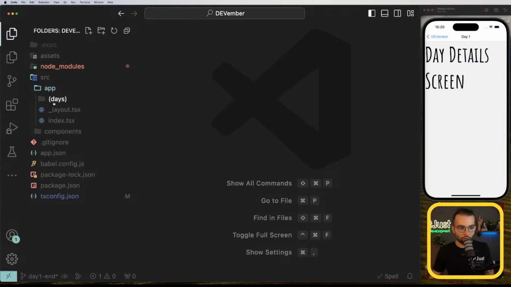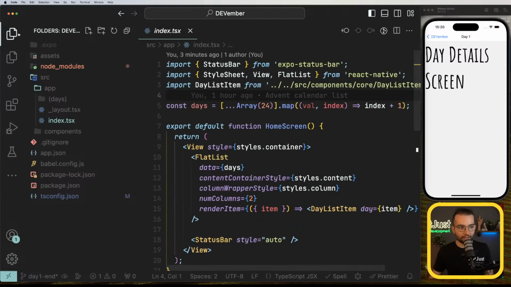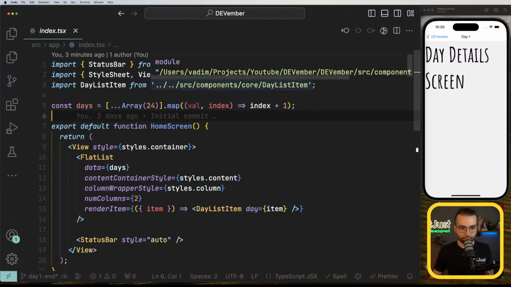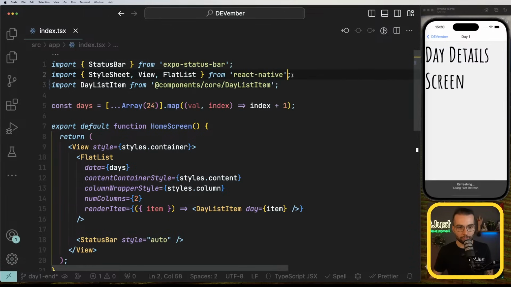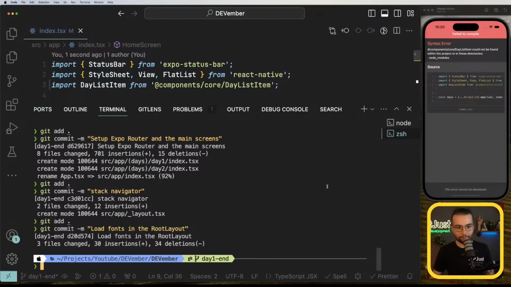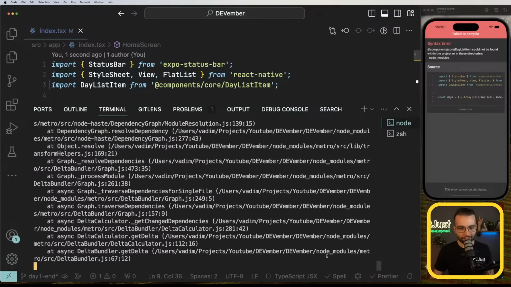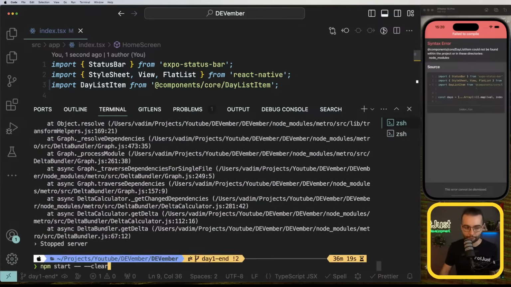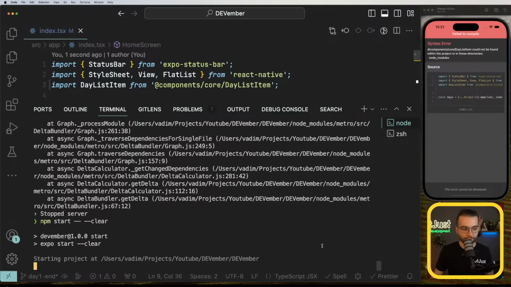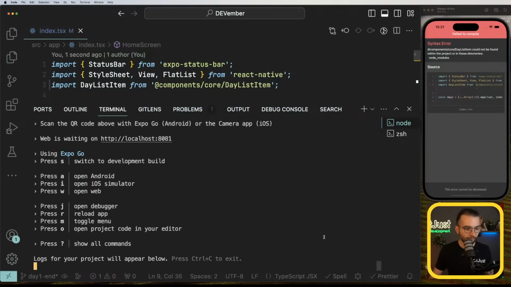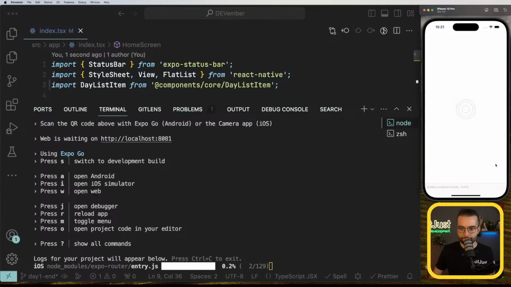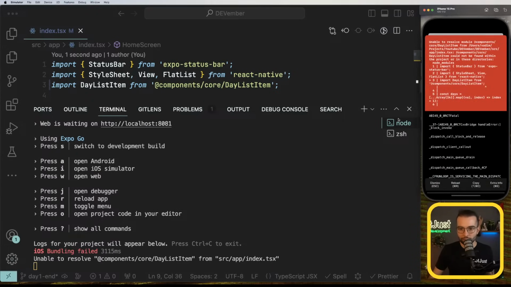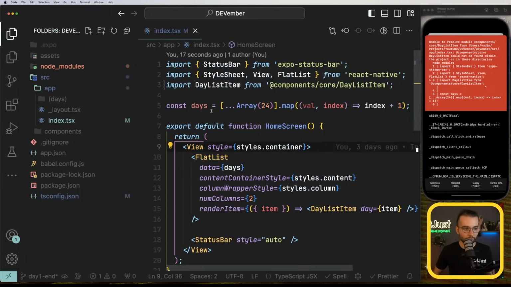Now let's try to go in our app index, and instead of importing relatively, let's import it from @components. Might not work initially. I think we will still have to enable something, but let's try to simply restart the server. Unable to resolve. Yeah, because we have to go to our